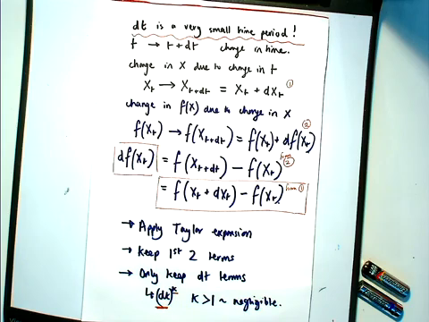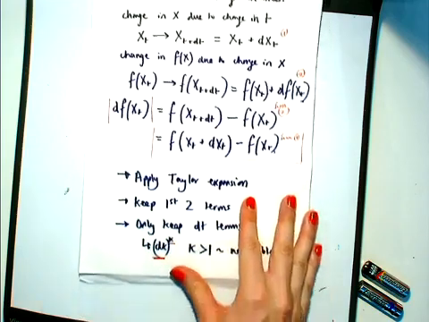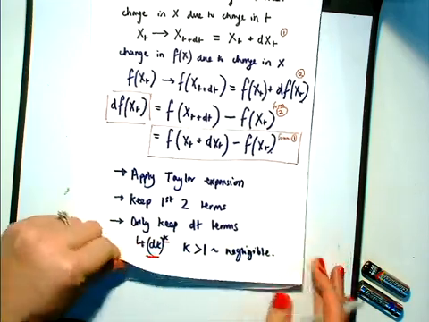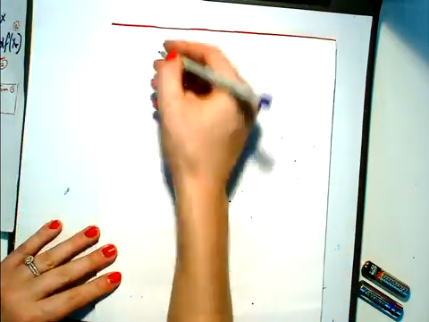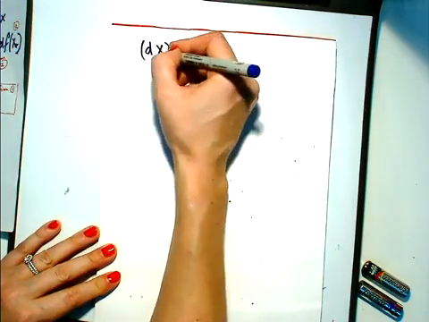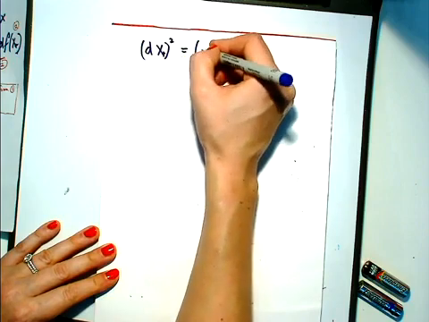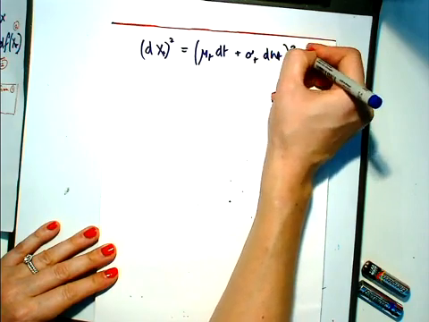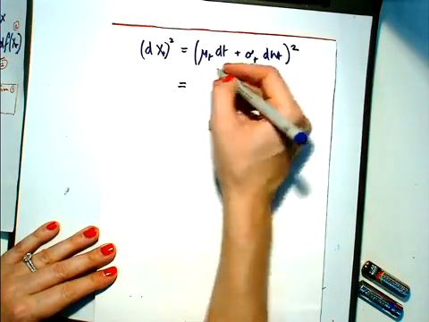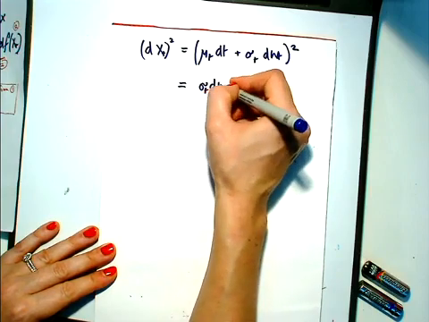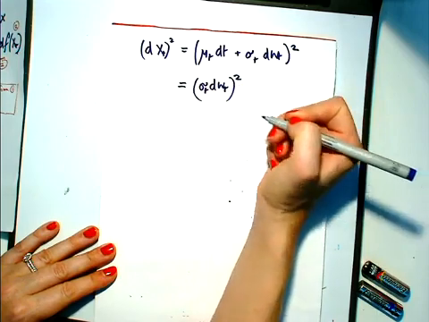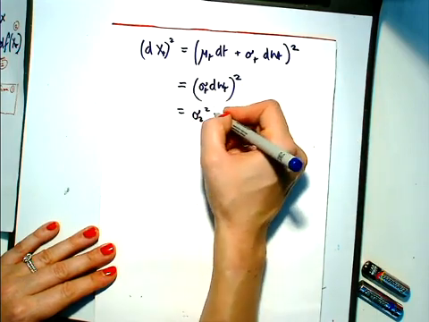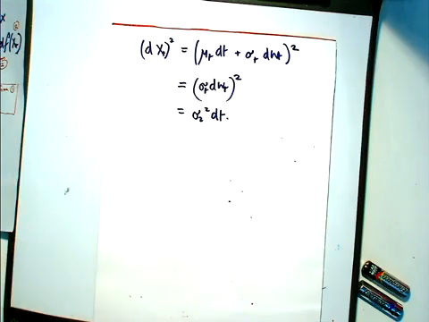And this implies that in the end, I probably need to start a new sheet of paper, that in the end dx squared is this equation that we're all familiar with, which is going to equal